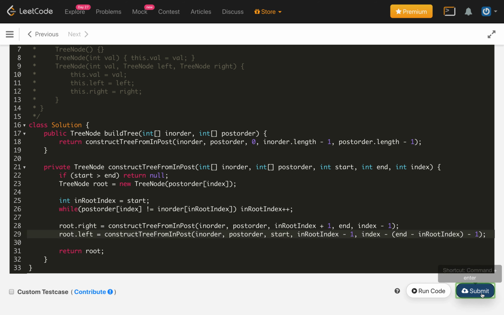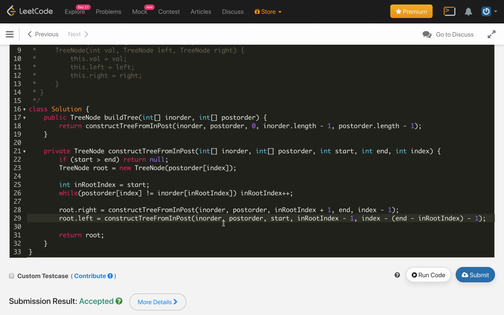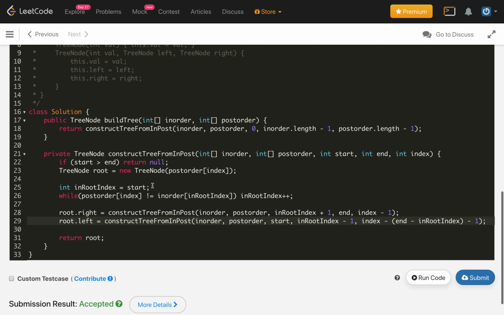So if we submit this code, it will be accepted. If you look at the time complexity, we are running O of n recursive calls, while every time we might need O of n to find this in-root index in the case of a skewed tree.